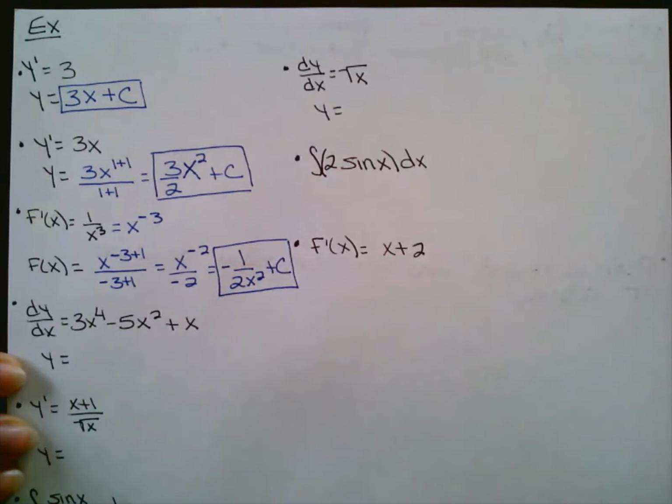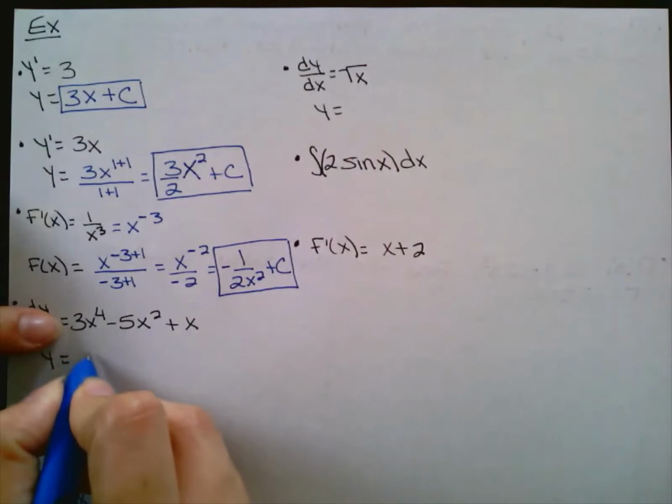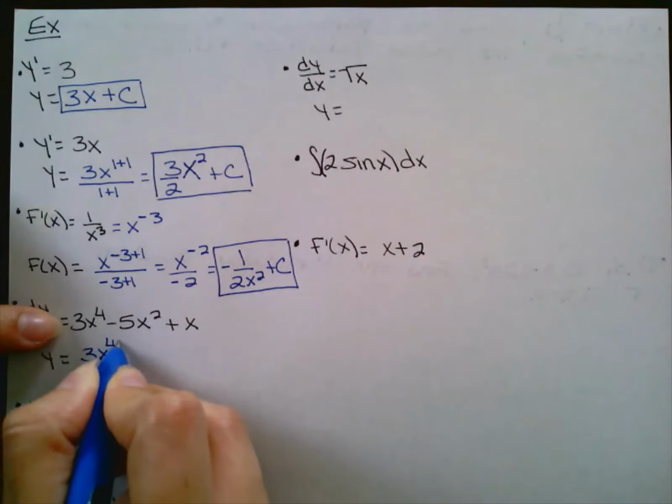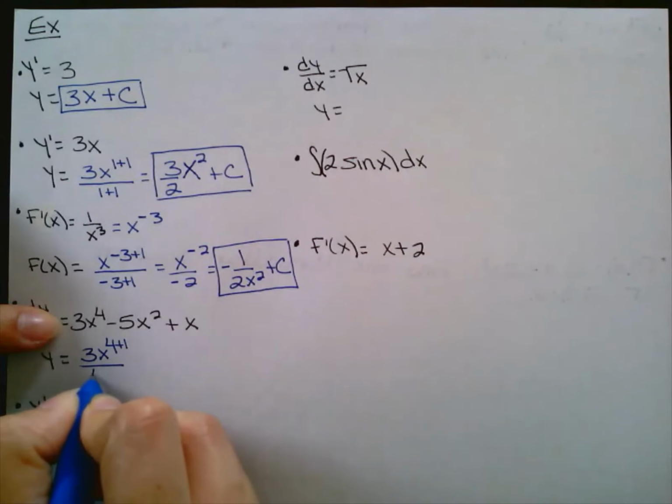All right. Let's look at this next one. There are 3 separate terms, so I'm going to do one at a time. Okay. Here I have 3x to the 4th. I'm going to add 1 and divide by that new exponent